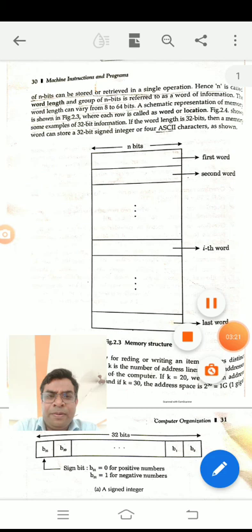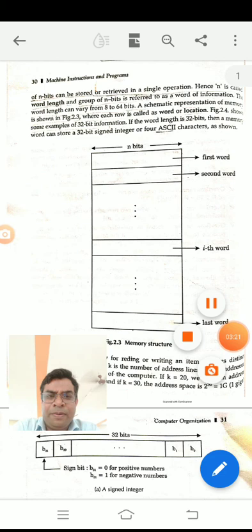What is the difference between the big endian and little endian scheme? In big endian, the word is given the same address as that of the MSB of the data, and it is used in Motorola and PowerPC processors. And what is little endian? Lower byte addresses are used for the least significant byte of the word. Little endian is used in Intel processors, and big endian in Motorola and PowerPC.